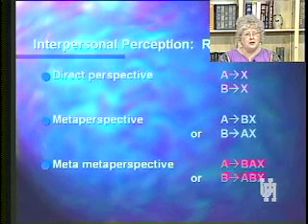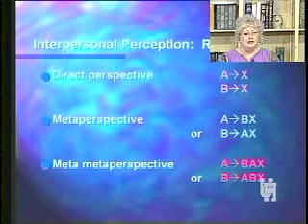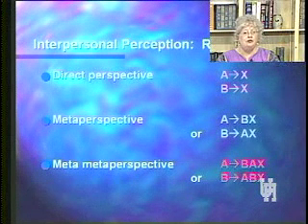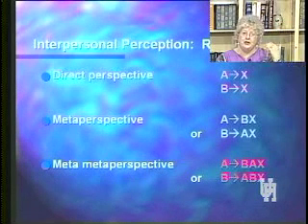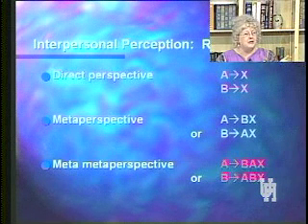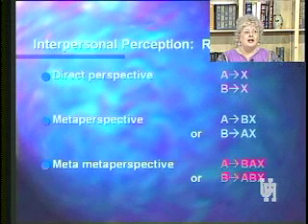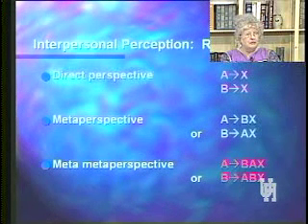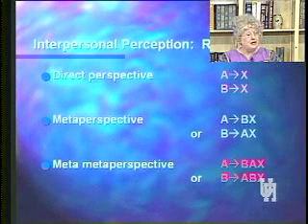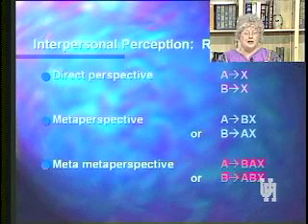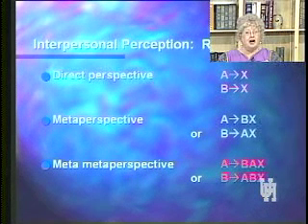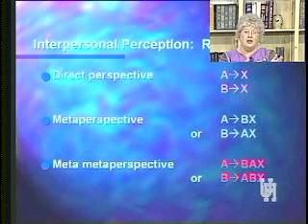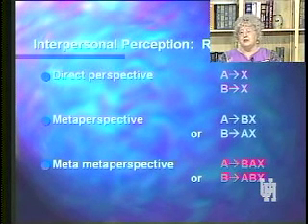Well, often we express an indirect opinion of something. You know, I may say, I like you, I think you like him. Okay, well, when you put that I think on there, it becomes a meta perspective. Because I don't know for sure, I just think that you like him. And I think that he likes you. But I could be wrong. But that's my meta perspective on it. Now, somebody else may come along and say, I think Dr. Hahn thinks that you like him. Or I think she thinks you like her. And, of course, this could go on forever.